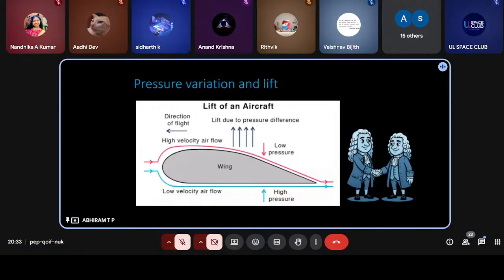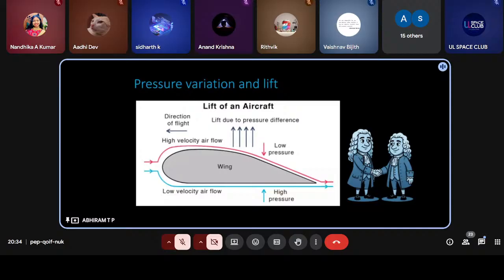According to this, where velocity is high, that means the upper portion, there the pressure will be less. Below the wing, where the velocity is low, the pressure will be high. So as you know, based on the concepts of equilibrium, the particles will always travel from a high pressure area to a low pressure area. So that's how the air will get pushed from the high pressure lower surface to the low pressure upper surface. So this push of air particles will increase. That means that is the lift-creating motion.